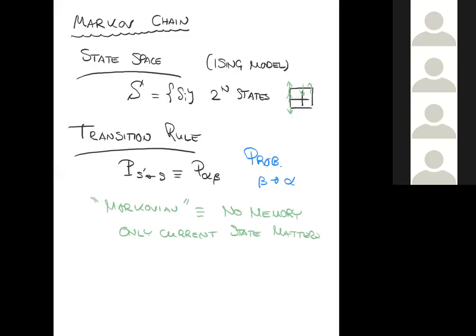Since this transition rule is probabilistic, even if you started the system in a definite state, say all the spins were up initially, since the transition rule involves a probability, that means that in the future, every given state will occur with some probability. So if you have some kind of time evolution,